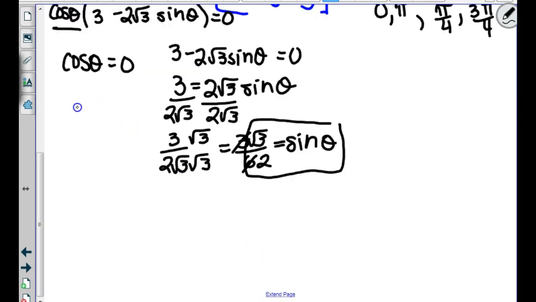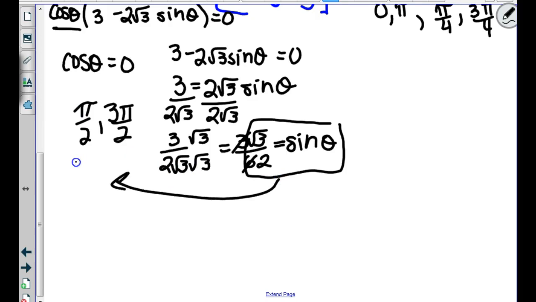The cosine is 0 at? And the sine is square root of 3 over 2 at,